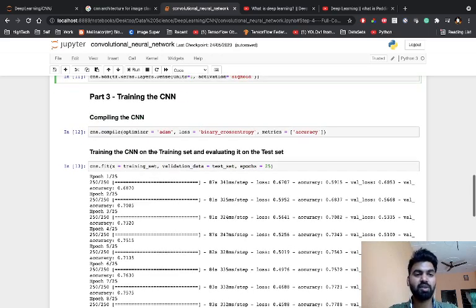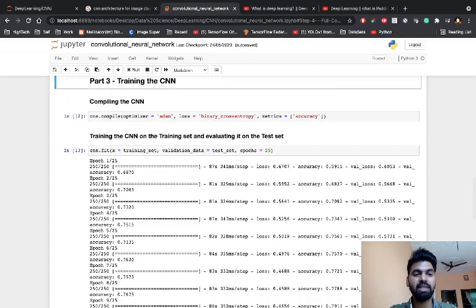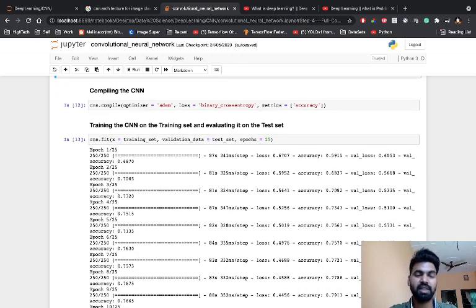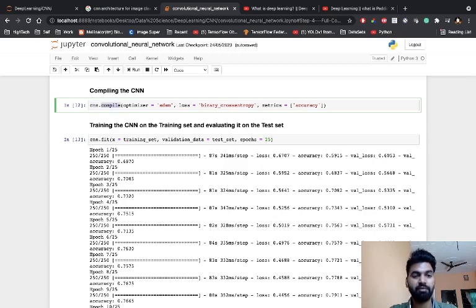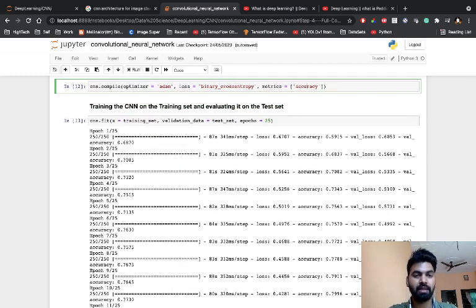Now this is the training phase of the model, where we need to train our model. First of all, just compile the CNN. How to compile the CNN? This is the reference to that particular object. Dot compile is the method, and we are passing the required parameters: optimizer equals Adam, loss equals binary cross entropy. Why? Because we are doing binary classification, whether it's a dog or cat. If we are using multi-class classification, then we use a different one. And metrics equals accuracy, right. After that I'm just compiling. Compilation is completed. Now we are training this one, right.